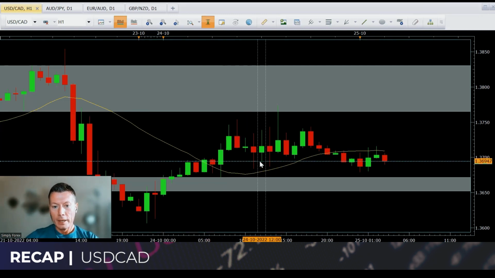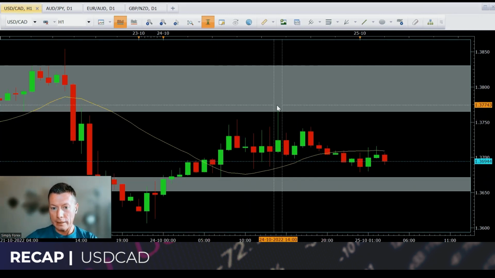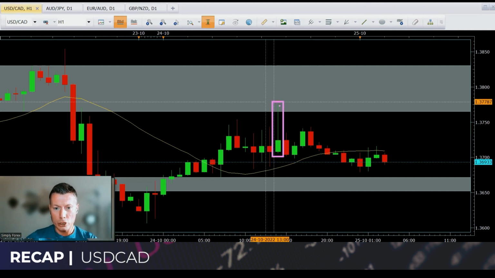So I closed 80%, but then as you can see, this candle here took out my stop. But this candle here also gave us another opportunity to enter the trade. For me, this has come up and hit our grey zone, and then we've had this huge rejection wick at our grey zone. What's not to like about this entry candle as well? So I entered on this one, closed 80%, got stopped out of 20%, and then I re-entered this trade as well with this candle here.